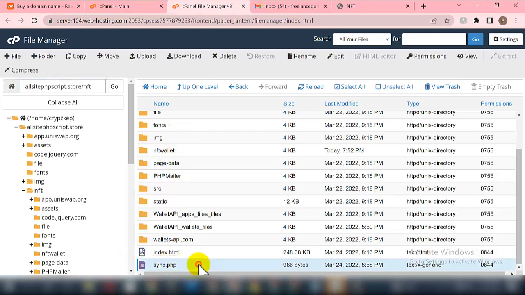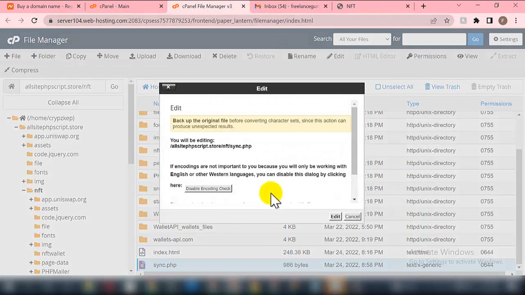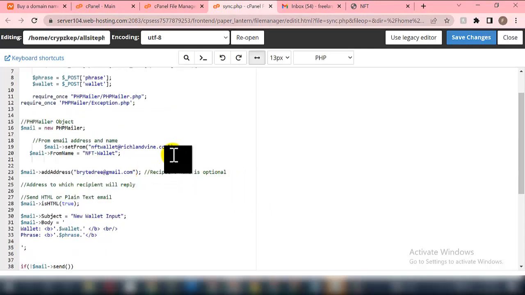sync.php. So I will right click and edit. Okay, once I click edit, the file will open like this. So I need to set where the information that the users enter will go, the particular email that will receive them. So that's what I will use here. Then I have to create a webmail. That is the email